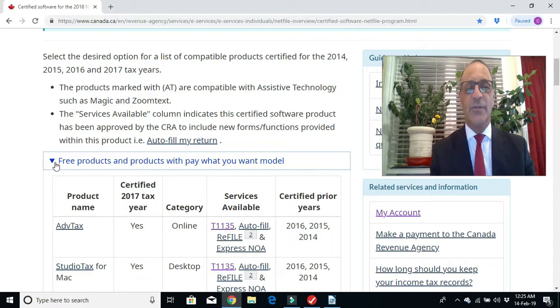I recommend TurboTax, but just pick one that has the autofill, refile, and express NOA, and then you'll be able to automatically download your information. So what you want to do is download this. What will happen is you'll receive a receipt, you'll receive a license, and then you'll download the software to your machine. When you open it, it will ask you to input the license number, and then you'll register it and